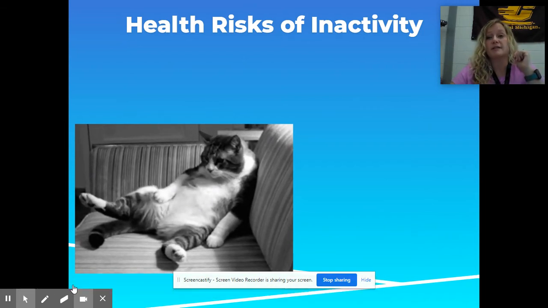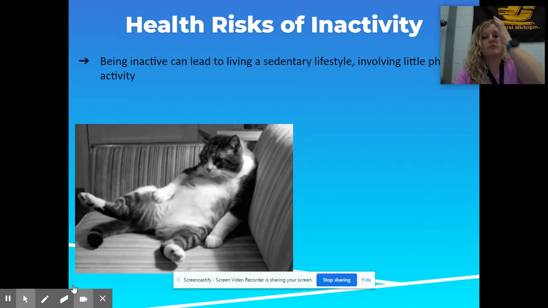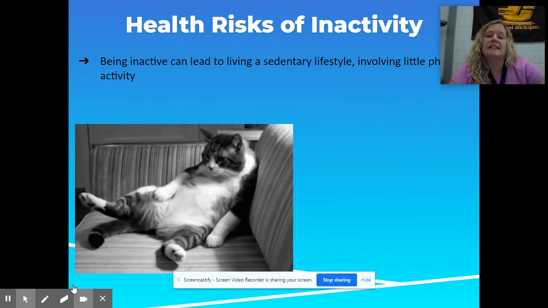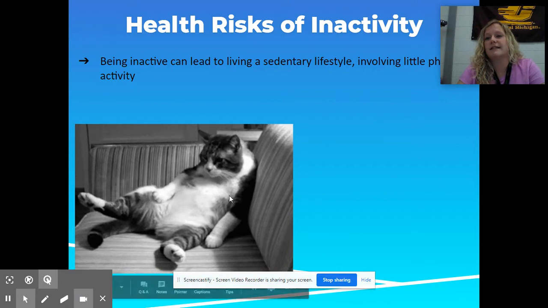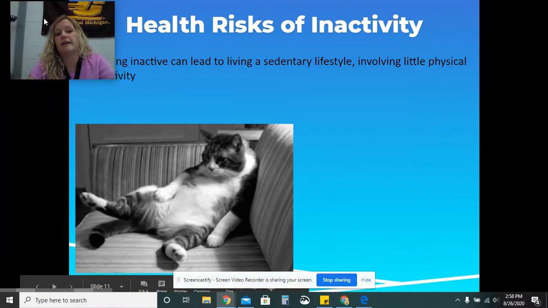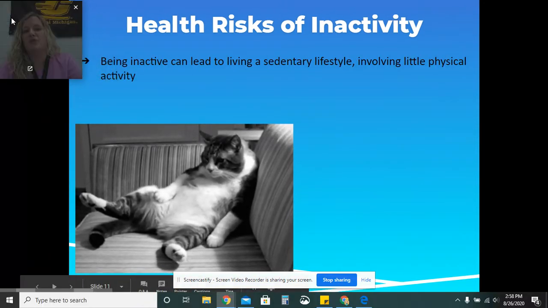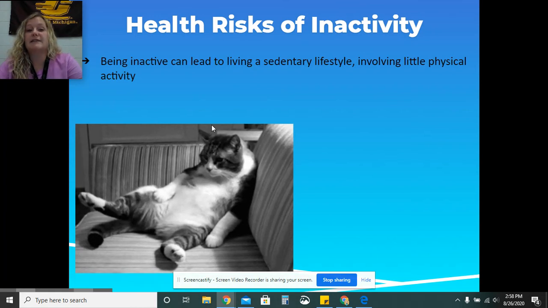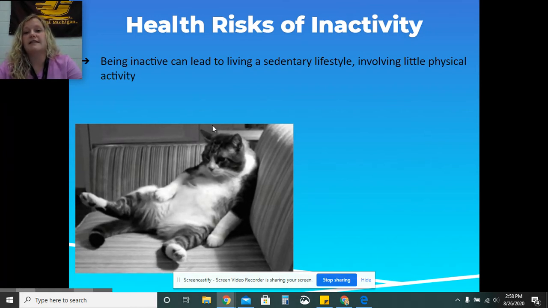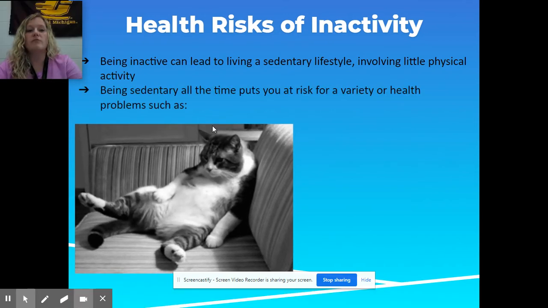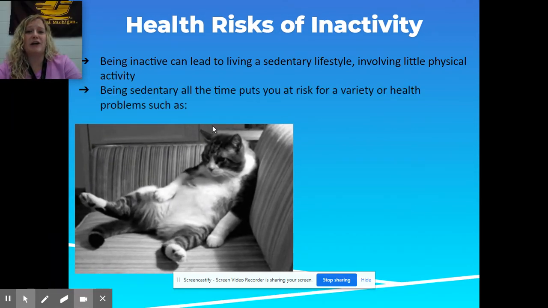So, some of the health risks of inactivity. We know that being inactive can lead to living a sedentary lifestyle. Sedentary just means kind of like the cat down there where he's really just not moving. He just kind of sits around, isn't really that active. So sedentary is involving little physical activity. And then we know that being sedentary all the time puts you at a risk for a variety of health